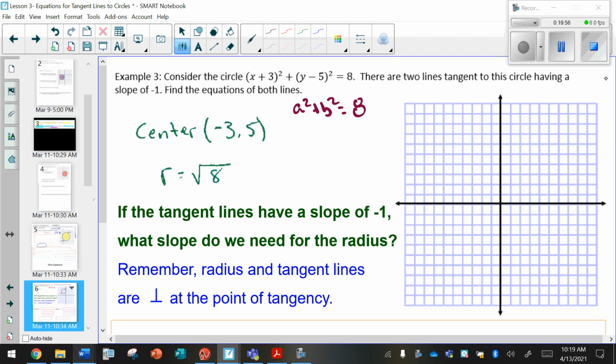So remember, our perfect squares are 1, 4, 9, 16. In order to add up to be 8, we don't need any numbers bigger than that. What perfect squares will add up to be 8? Well, it would be 4 and 4. So if I unsquare those perfect squares,